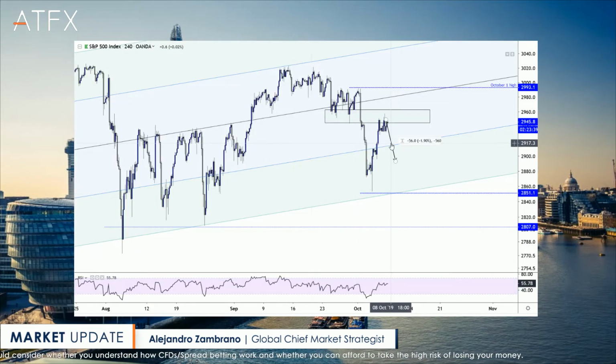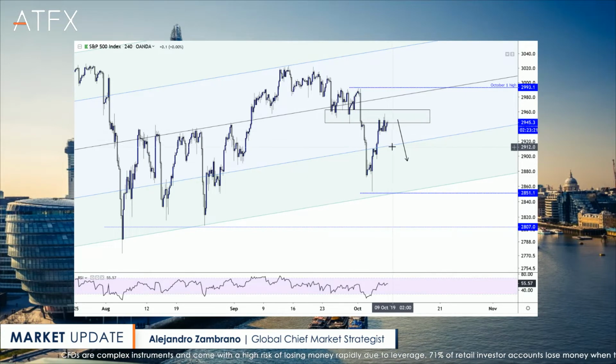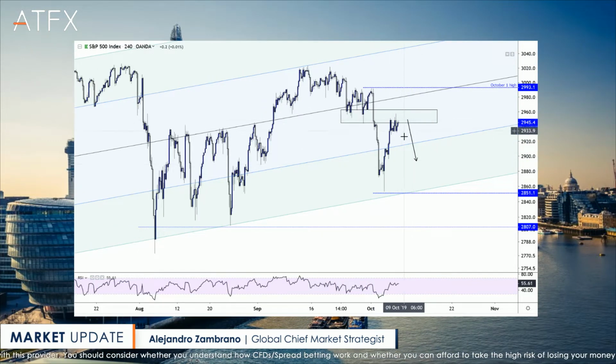All right, here's the S&P 500, and the trend is bearish. It's bearish below the October 1st high, and the market bounced very nicely, but moved up quite aggressively just below support. I think as a minimum, we need a bit of profit taking here, and then probably going to go down here to 2912, and then maybe 2,900, and then maybe from here, people might look to rebuild long positions. My preference, though, is that it tumbles all the way down to this trend line and to buy